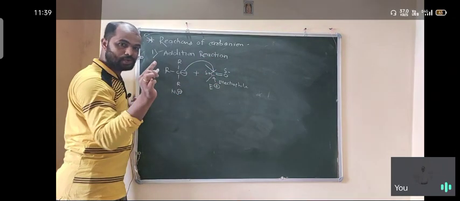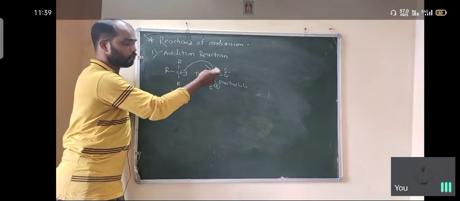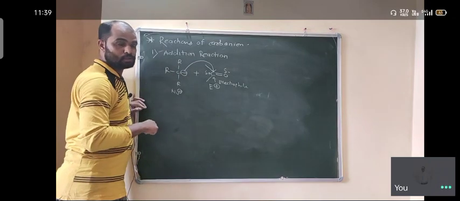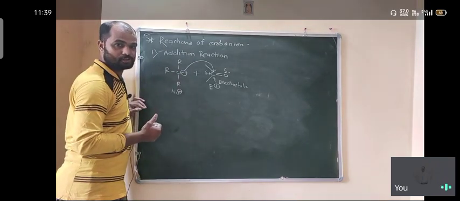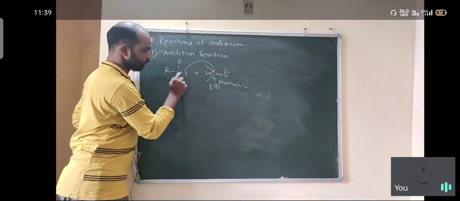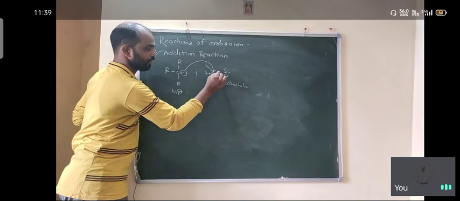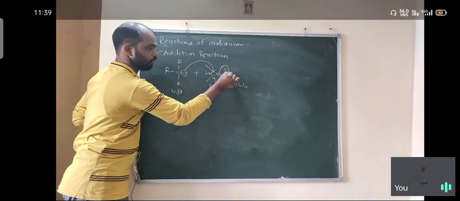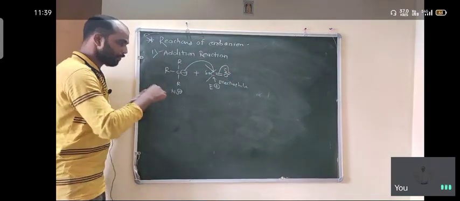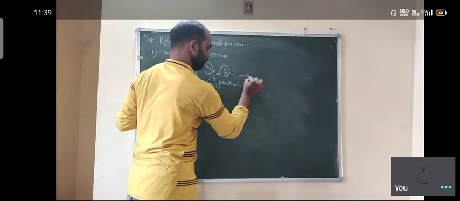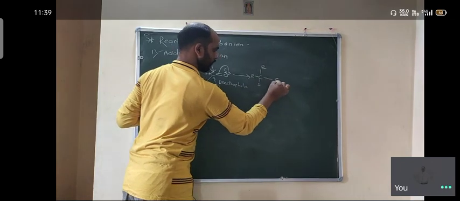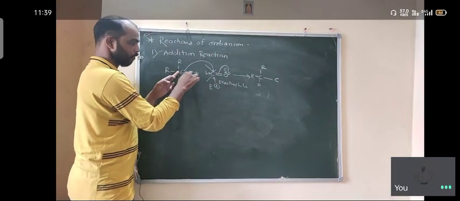Already carbon has 4 valency. It accepts the electron pair, which means it will undergo formation of another bond. But 5 bond formation is difficult. So how is the bond formed? When these electrons come to form the bond with this carbon, at the same time the pi electrons delocalize onto the oxygen.